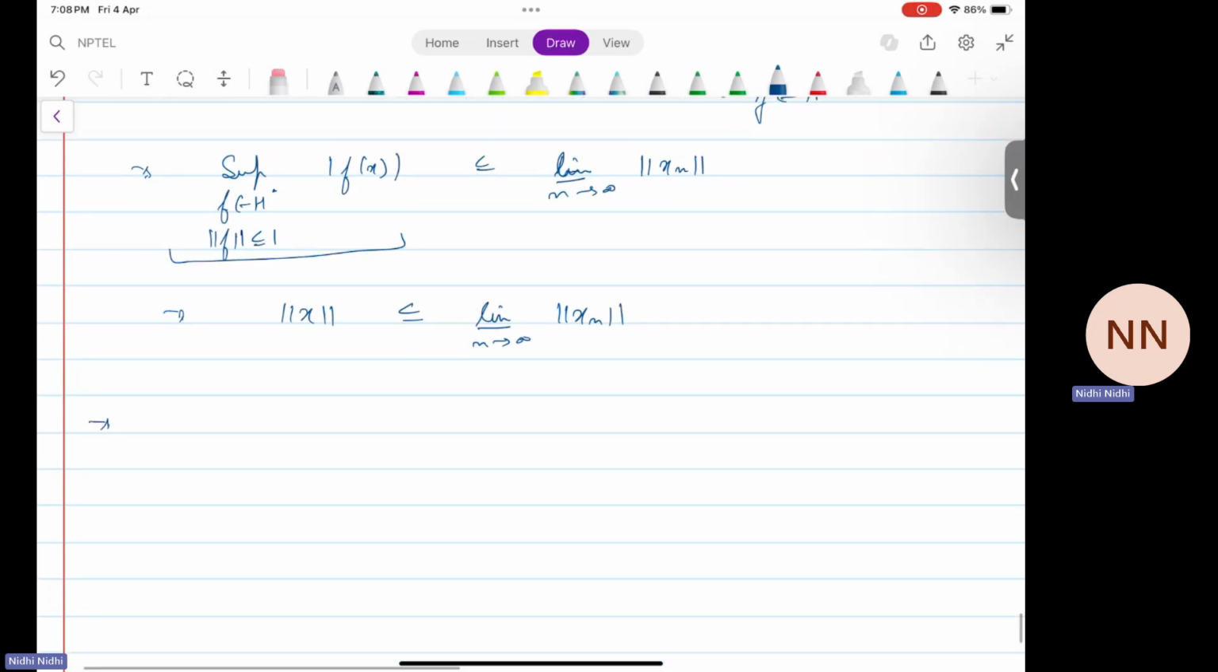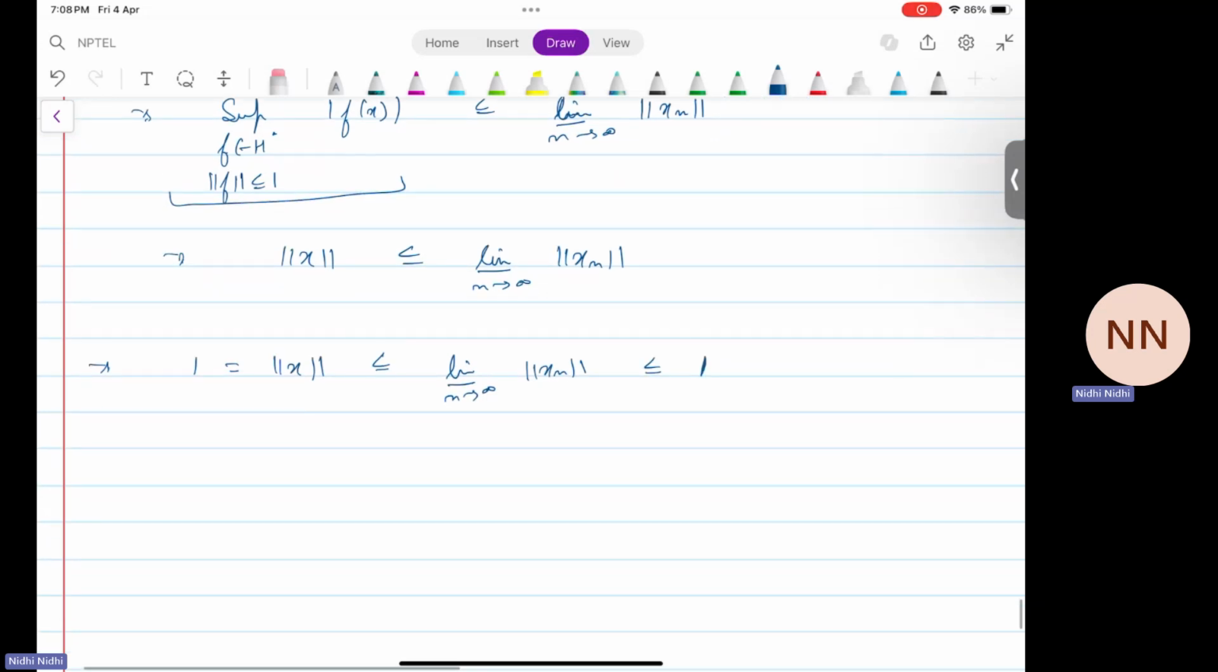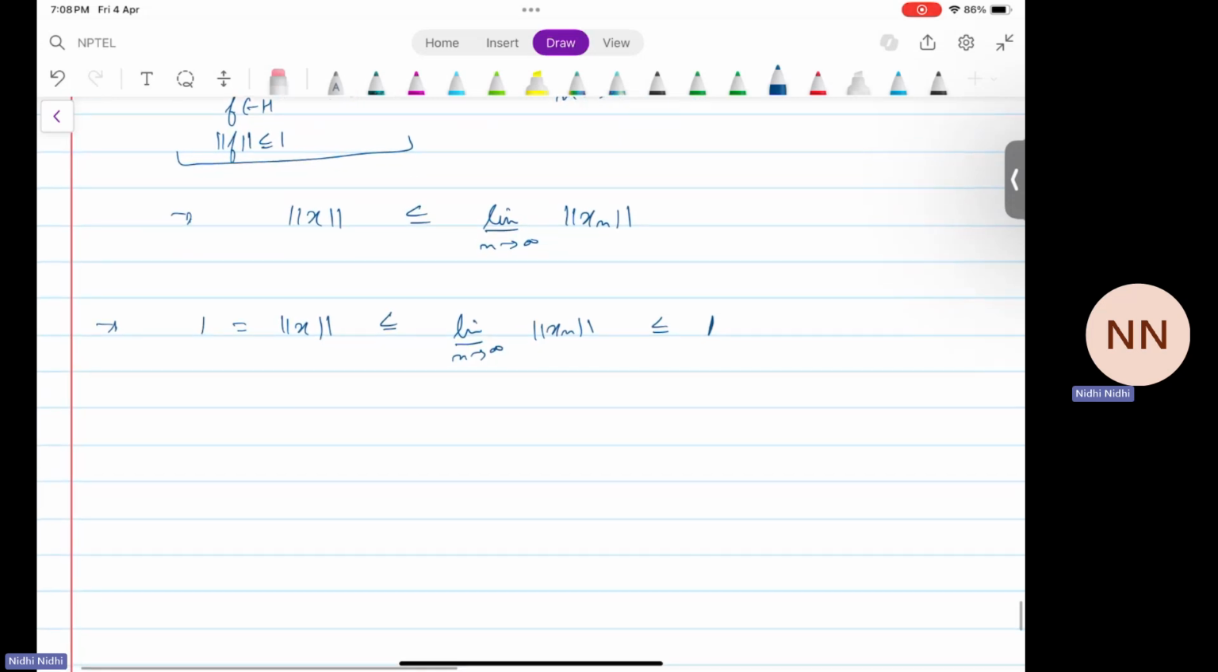This implies, since we are given that norm x is equal to 1, that 1 is less than or equal to norm xn. Also norm xn is less than or equal to 1 for every n. So this is less than or equal to 1. Since we are squeezed between 1 and 1, this implies, moreover, we can write it